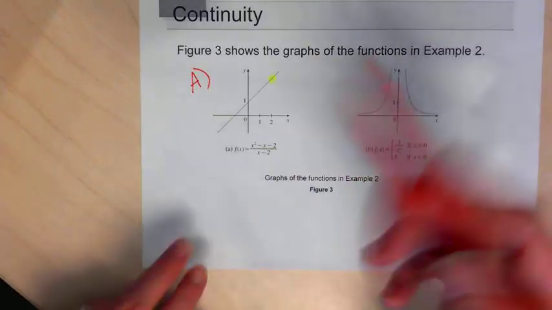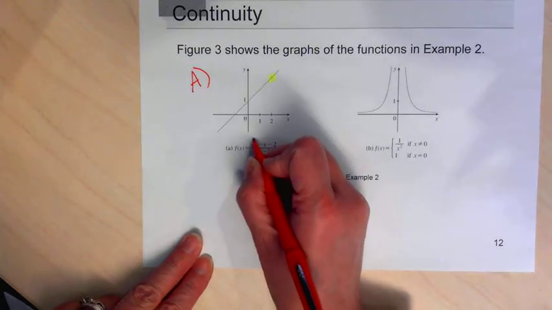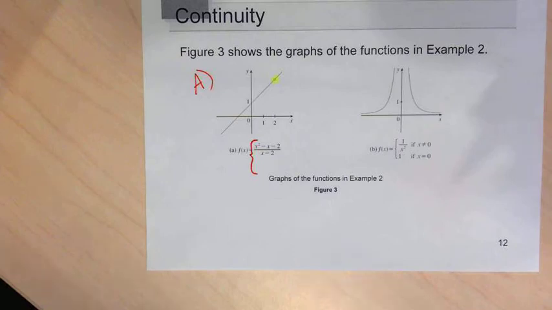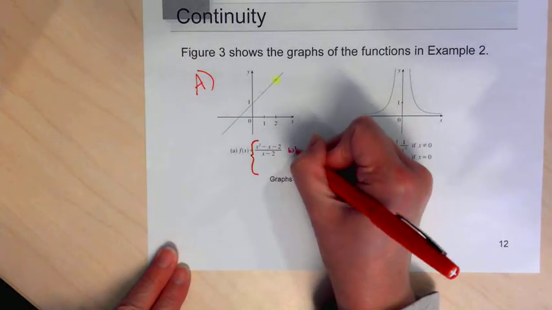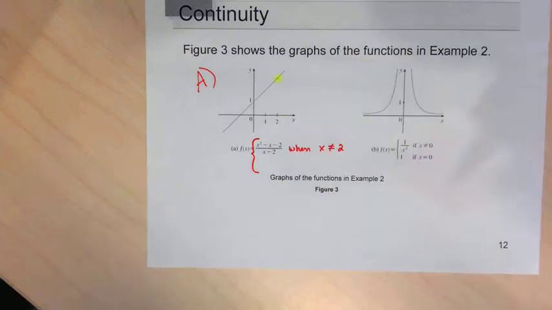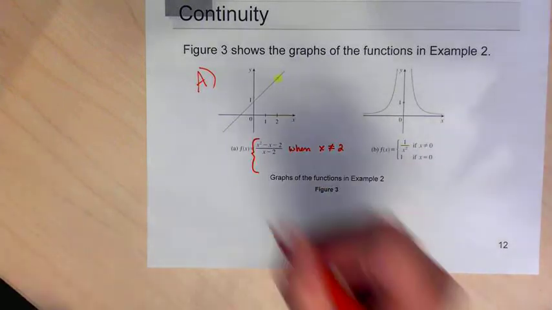If we wrote this as a piecewise defined function, instead of just f of x equals x squared minus x minus 2 over x minus 2,